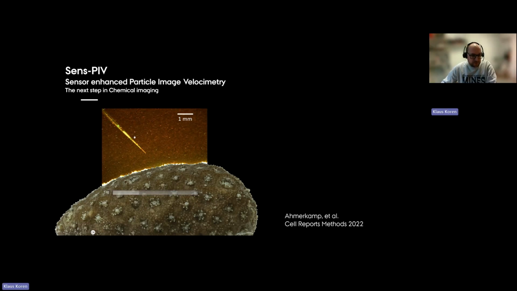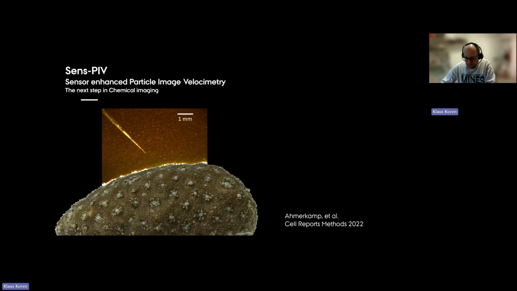I think it's easier to visualize. So here's a microsensor for reference. You can see those particles falling by. And then if you look carefully here at the border, at the surface of the coral, you can actually see the particles moving a bit strangely. So they're moving a bit up and down. And this is because corals actually have cilia, like small hair at the surface that they can use to move